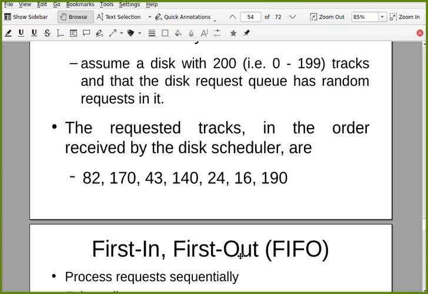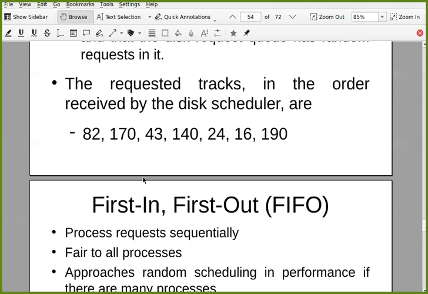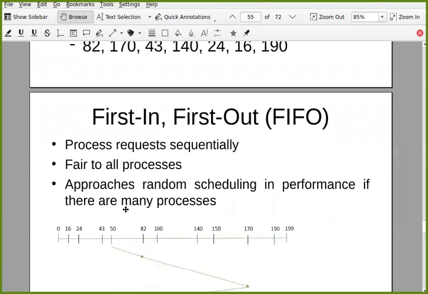The simplest policy is first in, first out. First go to track 82, do the read or write, whatever the request is. Then go to track number 170, complete the request, then go to 43. That is first in, first out, and it is the fairest policy. Requests are served sequentially, and it is fair to all processes.